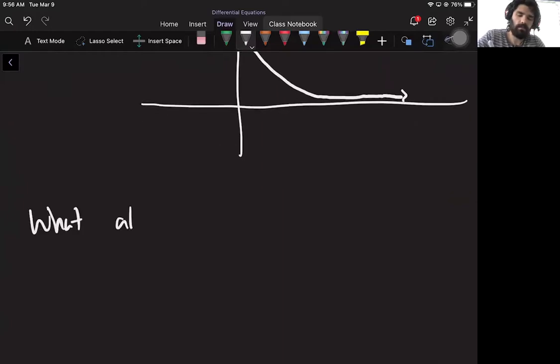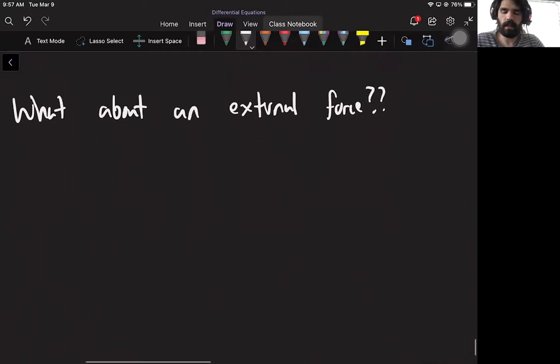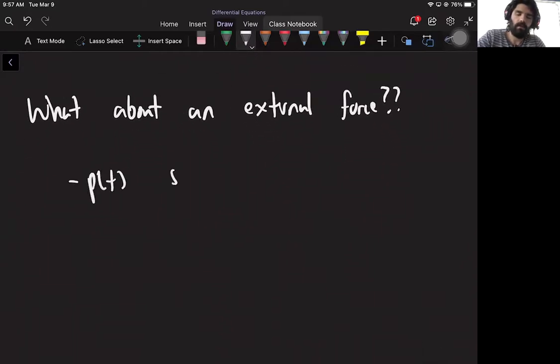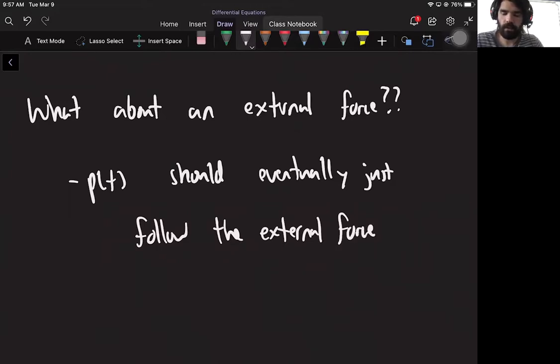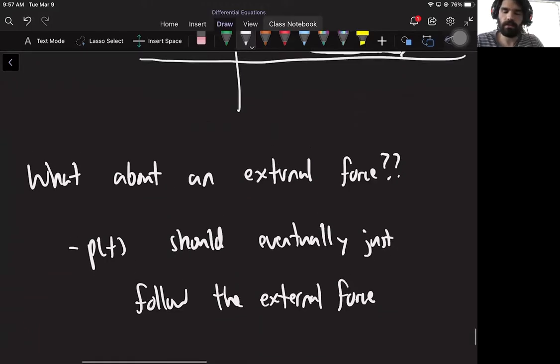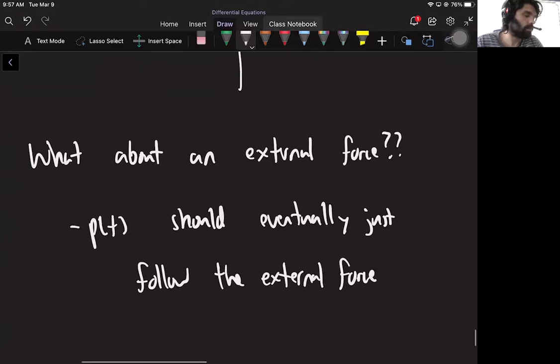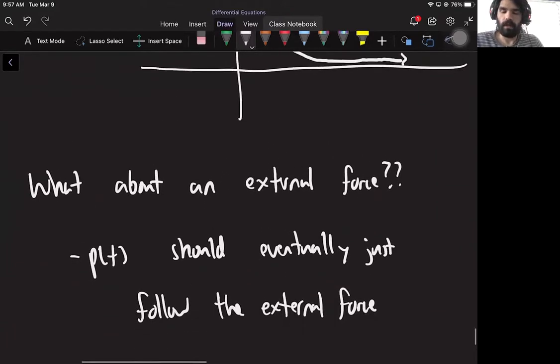And then what about an external force? Well, then the idea is that P of T should eventually just follow the external forces, whatever it's doing. So if there's some sort of pump just pushing the spring up and down, then the motion eventually should just follow that external force. And that's also what we'll see. Okay,